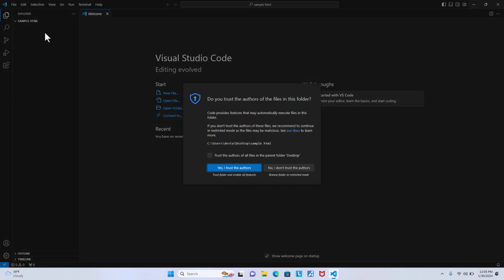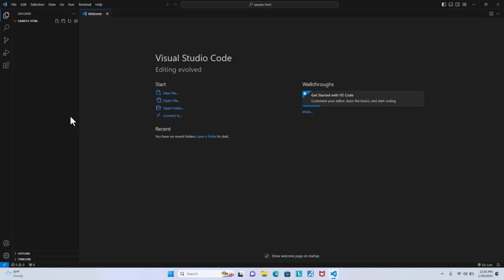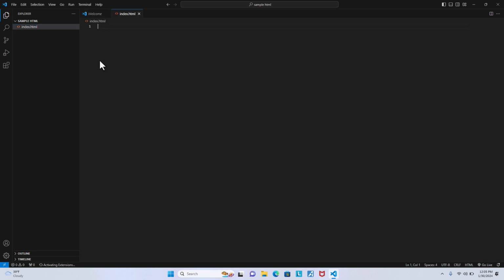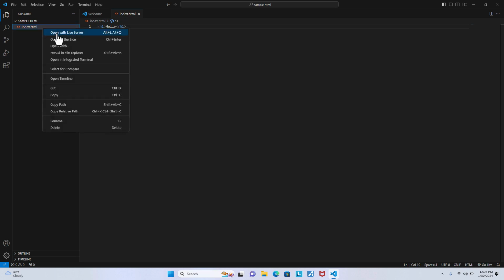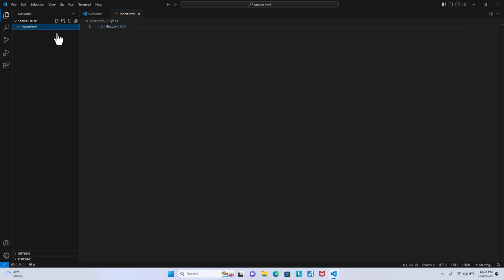Okay, it will open the directory for you. I can click yes, trust, and over here I right click, new file, and I put index.html. Okay, and then I put h1 hello. We've installed Live Server already. If we right click on the file over here and click on open with Live Server,